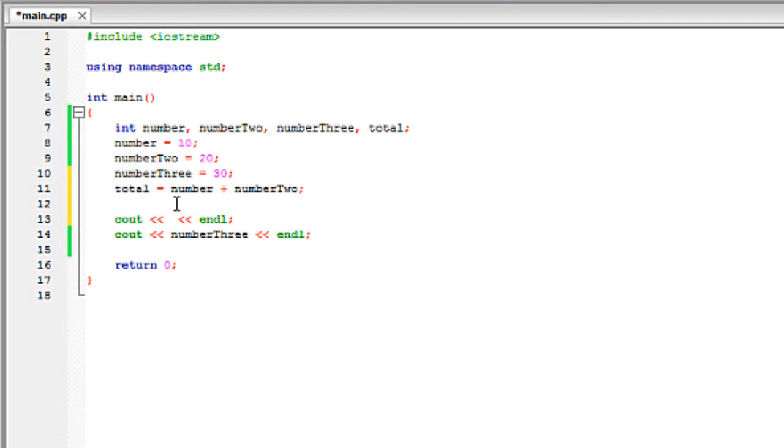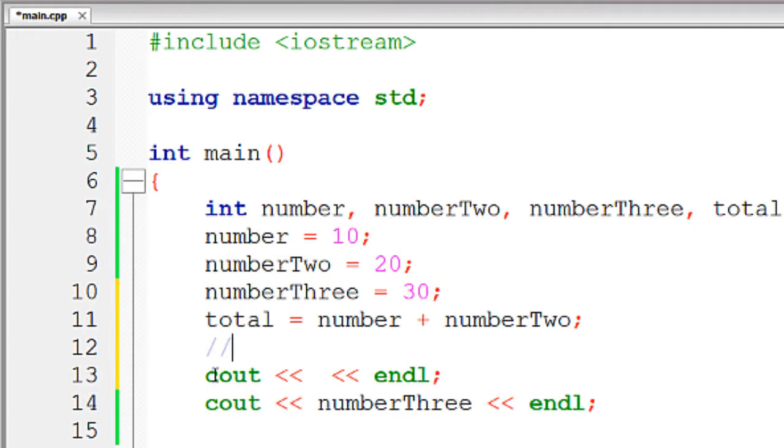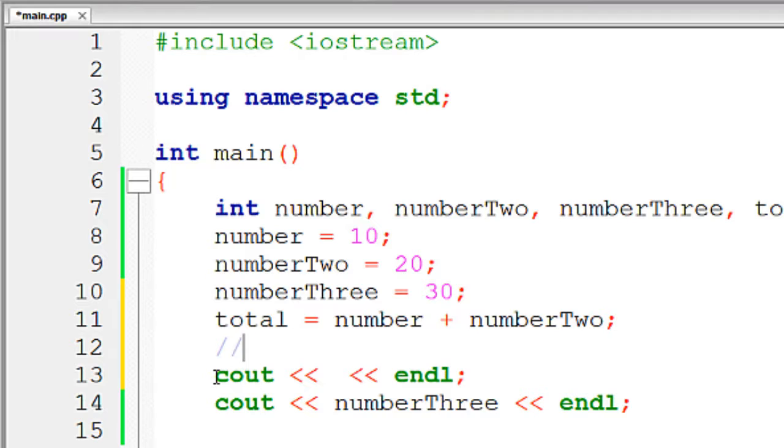Let me show you how to do a comment. A comment is, I don't even know if you could see it with the computer, but 2 forward slashes. Anything you type in here has no effect. Usually it's just used to describe what you're doing. So, adding what variables. Okay,